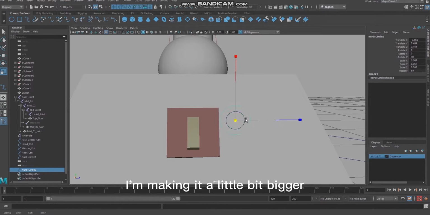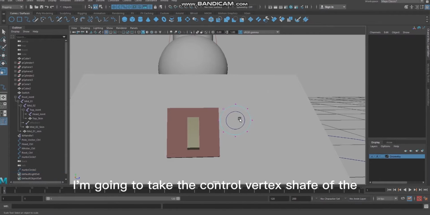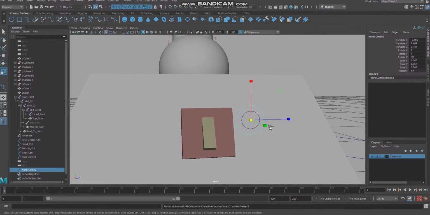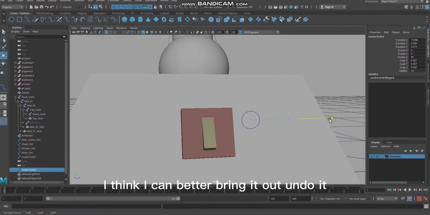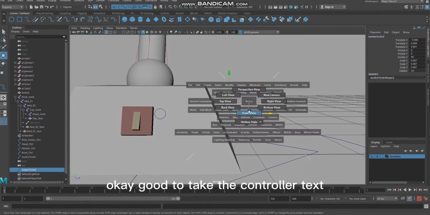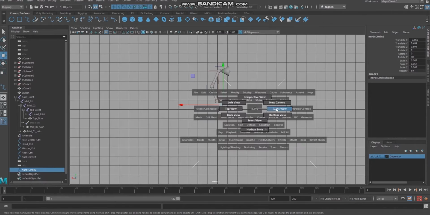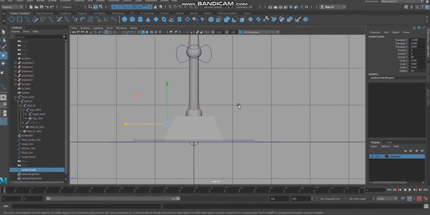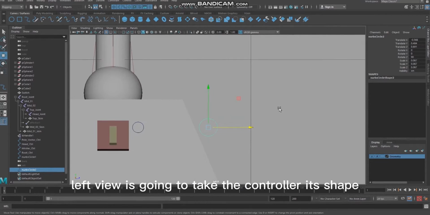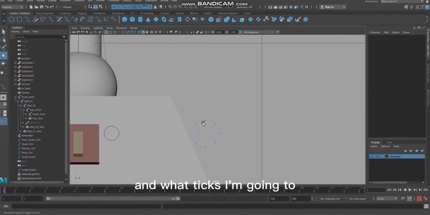I'm making it a little bit bigger. I'm going to take the control vertex shape of the duplicate curve. I think I can better bring it out and do it. Okay, I'm going to take the control vertex, left view. Yes, I'm going to take the control vertex shape. Control vertex, I'm going to